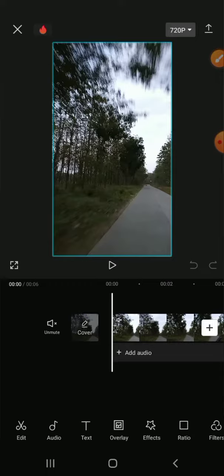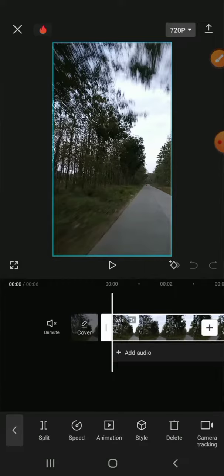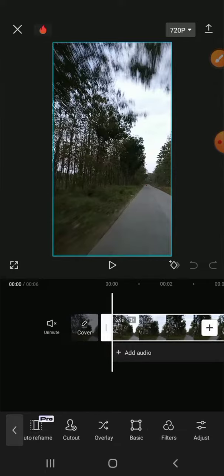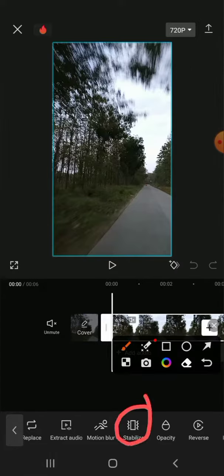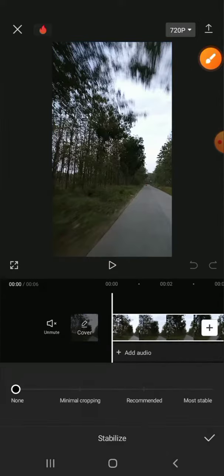Then if we want to stabilize our video, what we're going to do is just click on the video like this. Then you have to scroll all the way to the right until you find the stabilize option. And it's right here. Just click on the stabilize option, and